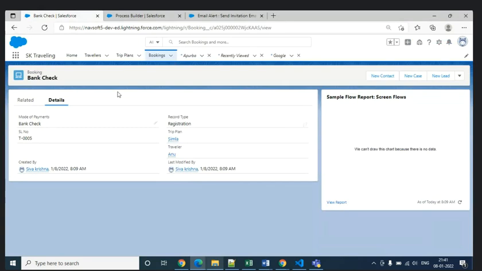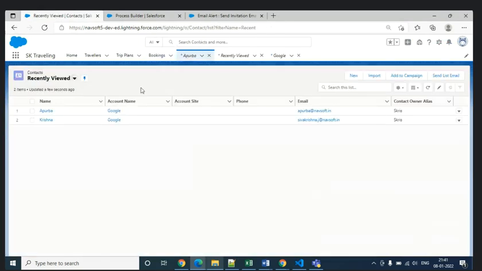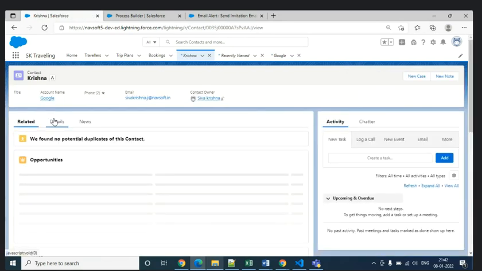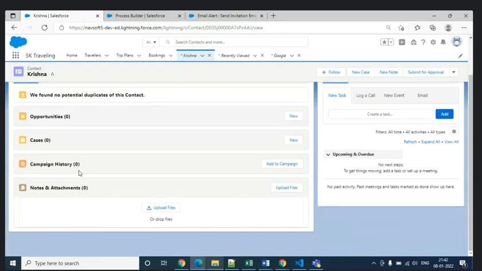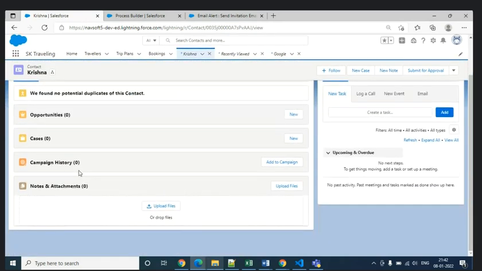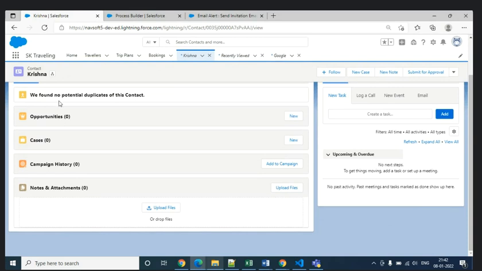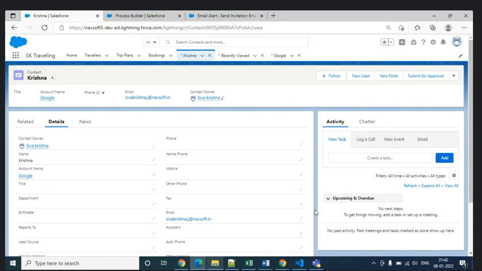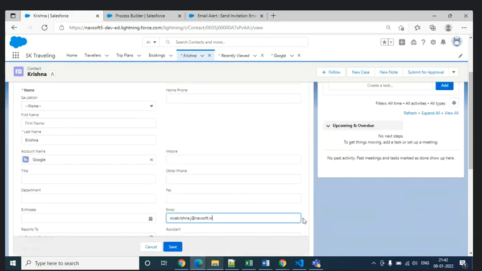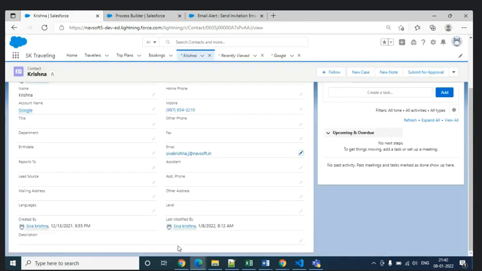Okay, now go to the contact detail page. You should receive the email.